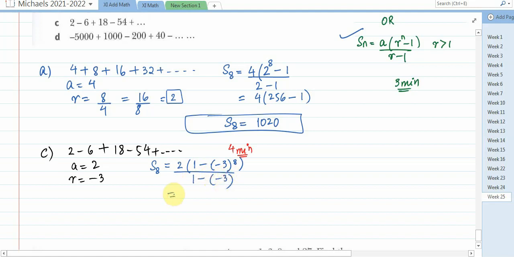So now it will be minus 3 to the power 8, it's 6561. So it will be 2 times (1 minus 6561) divided by 1 plus 3, which is 4. When you simplify, 6560 multiplied by 2 and divided by 4,